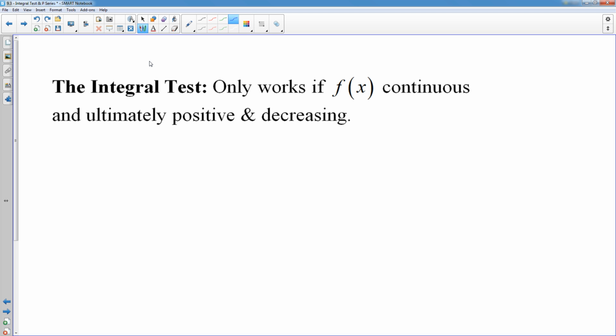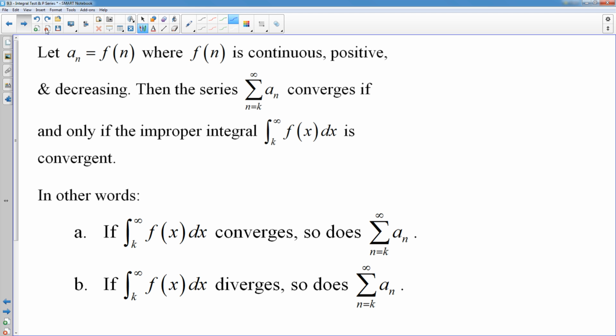And first, the integral test is only applicable if your function is continuous and if it eventually is always positive and decreasing. It may have some funny behavior at the beginning, the first few terms, but as long as eventually it is positive and decreasing, then you can use the integral test. And the integral test simply says that, and I'm not going to read all of that, but it says that